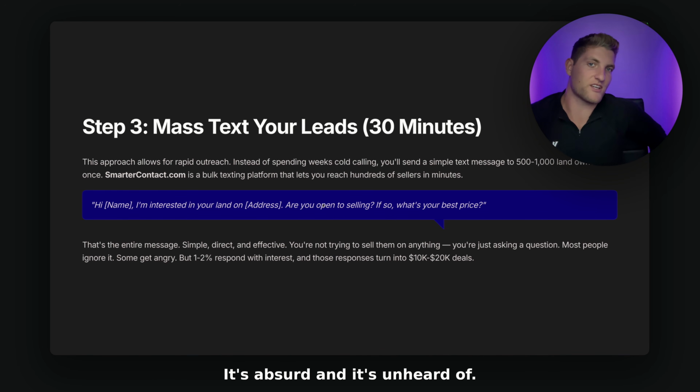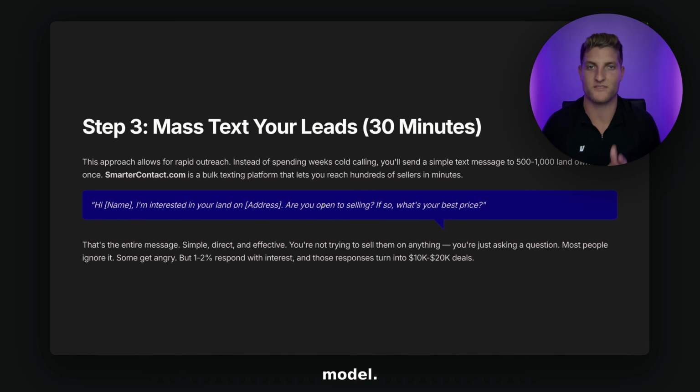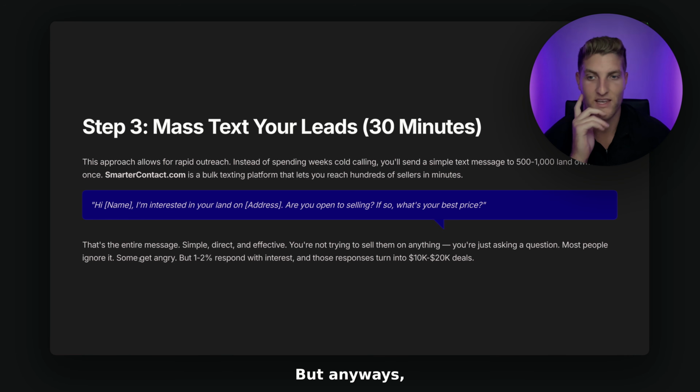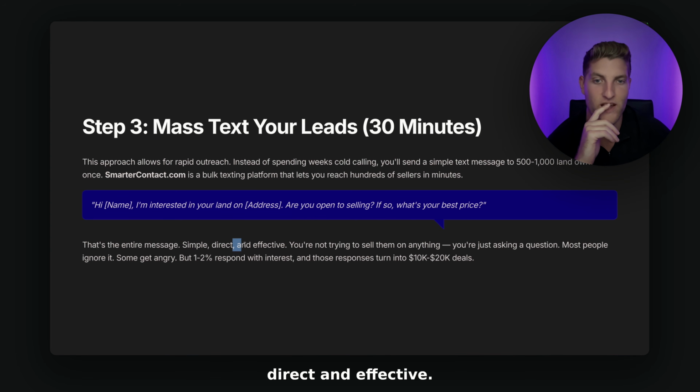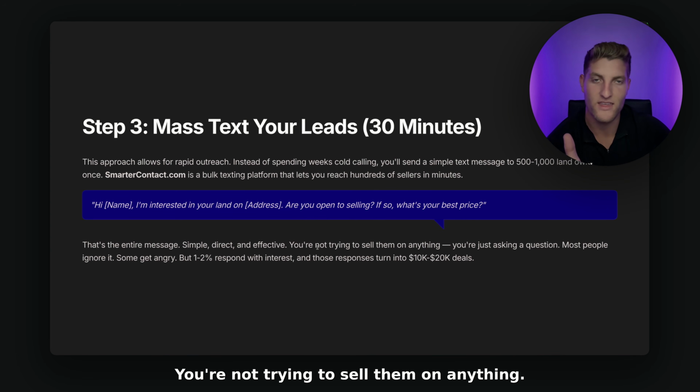It's absurd and it's unheard of. And I haven't really seen it in any other business model. That's why it gets me so fired up. But anyways, yes, that's the entire message. It's simple, direct, and effective. You're not trying to sell them on anything. You are trying to buy something from them. And you need to